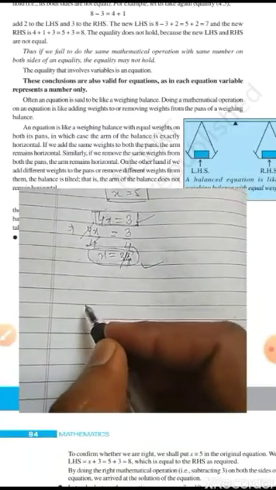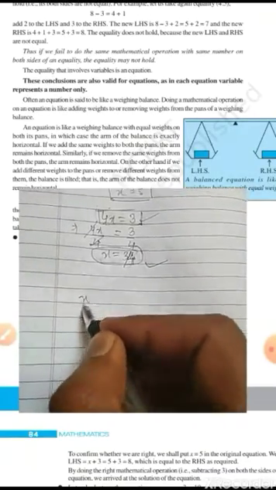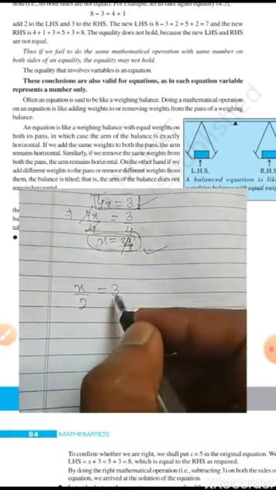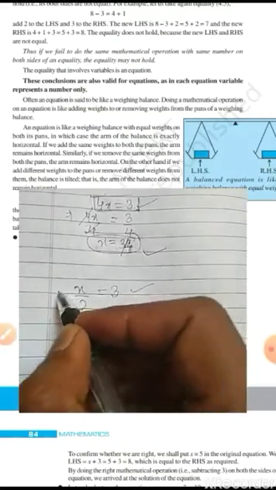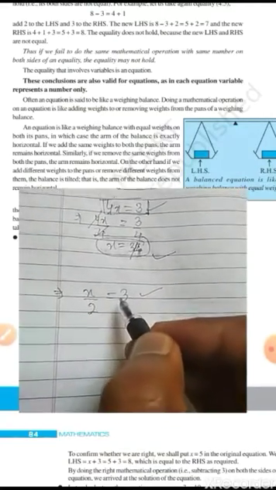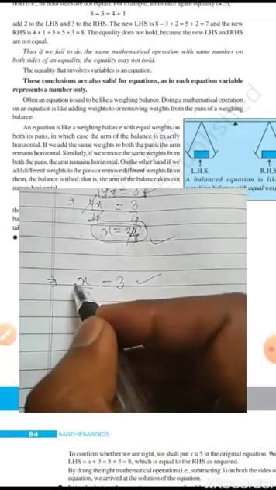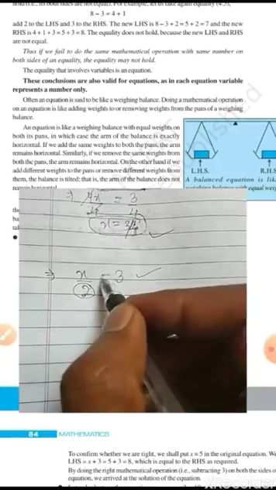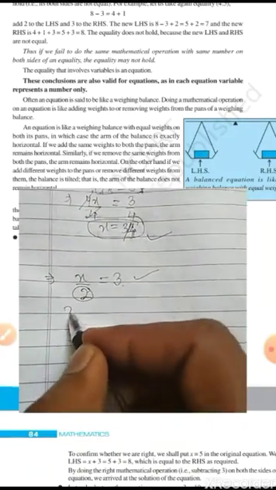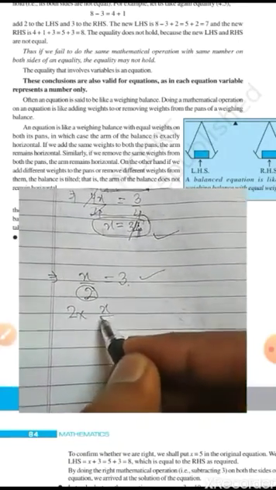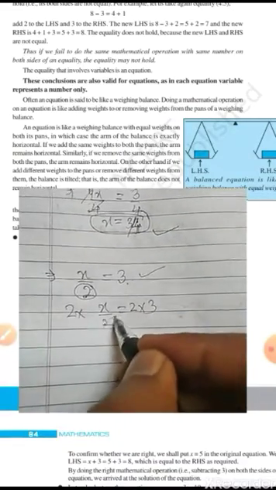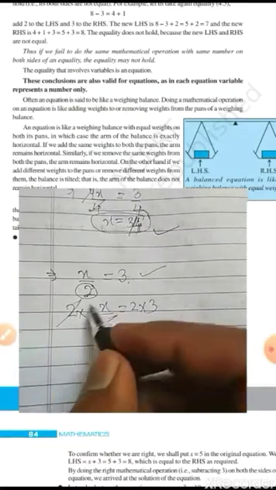Okay, now see, if x upon 2 is equal to 3, it is an equation. To find the value of x, what will you do? You have to multiply by 2 to both sides of this equation. Okay, so 2 multiply by x upon 2 is equal to 2 into 3. So this 2 cancels this.